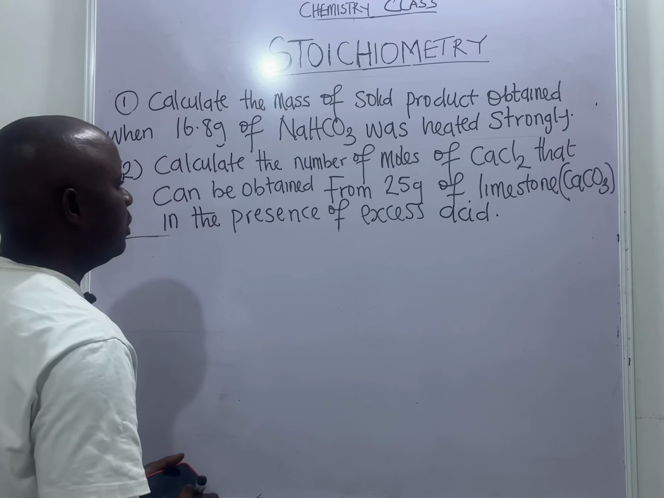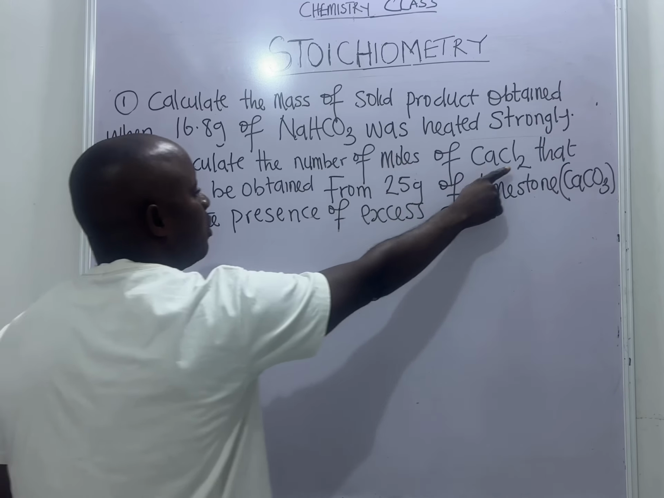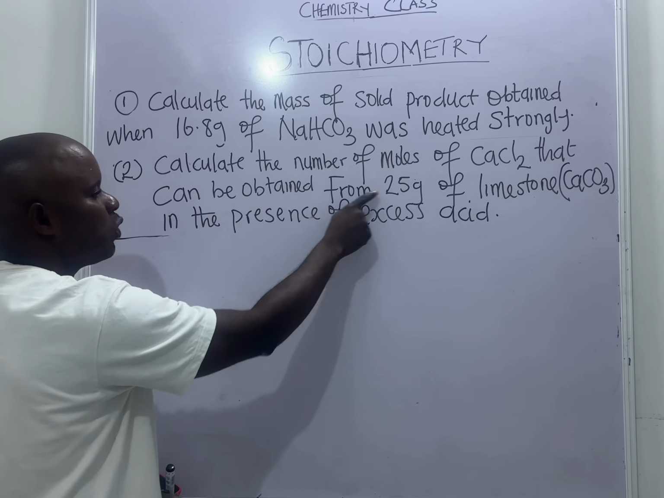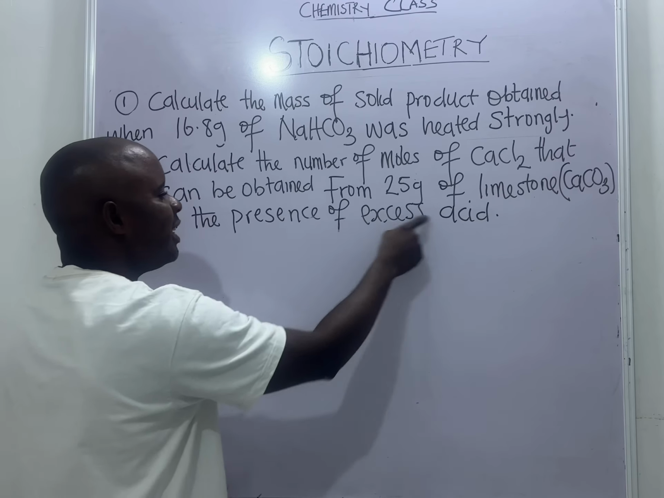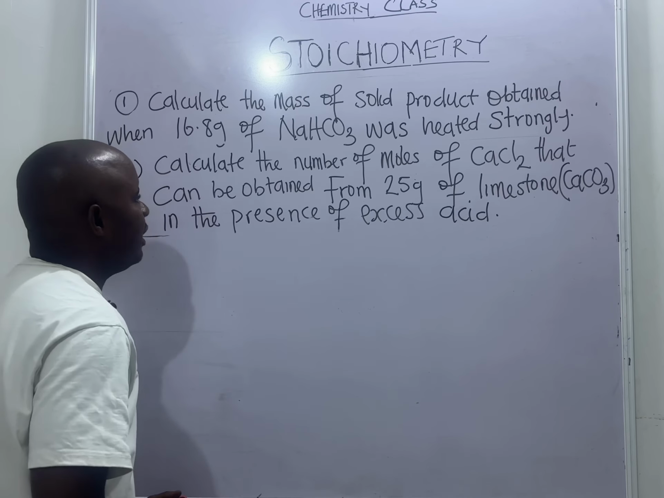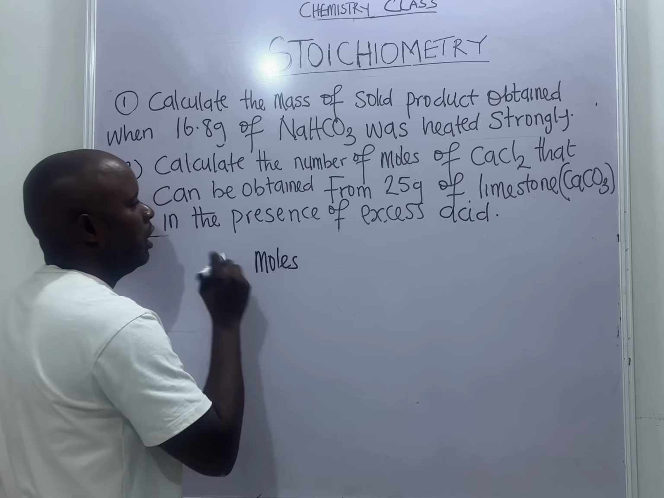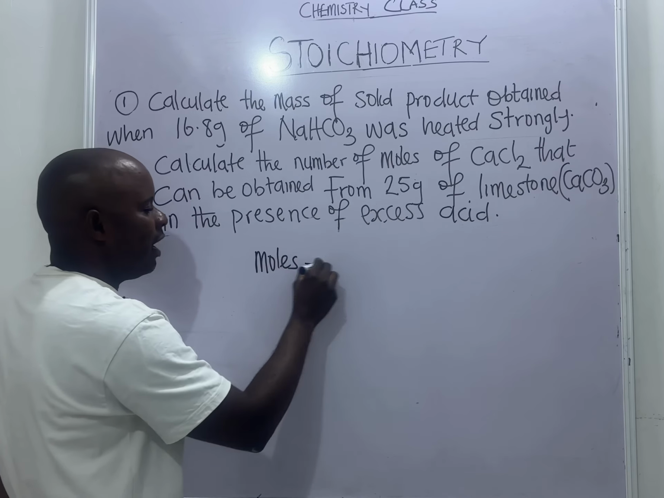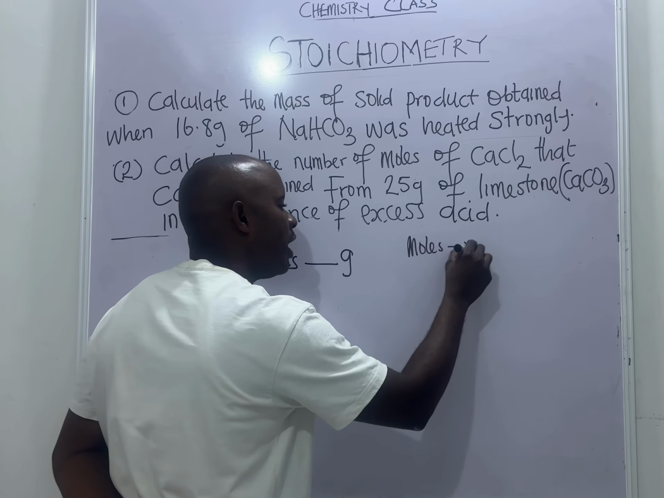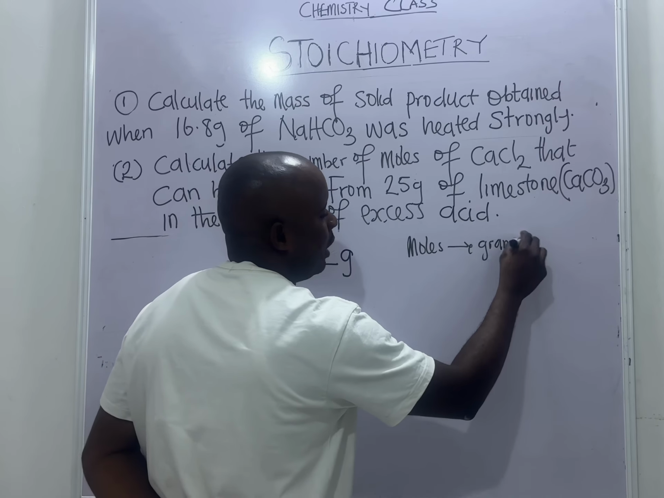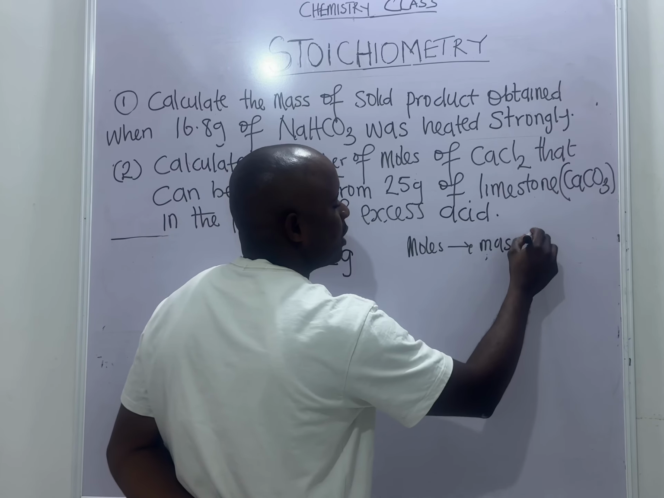So let's check question 2. We said calculate the number of moles of calcium chloride that can be obtained from 25 grams of limestone in the presence of excess acid. Calculate the number of moles. We're talking about moles here, and what is given to us is in grams. So now we can say this is a mole to gram problem, or just say mole to mass to be general,